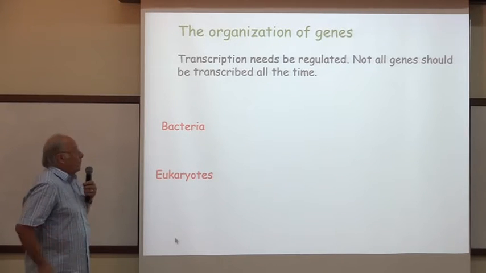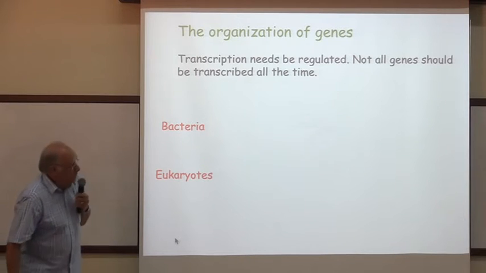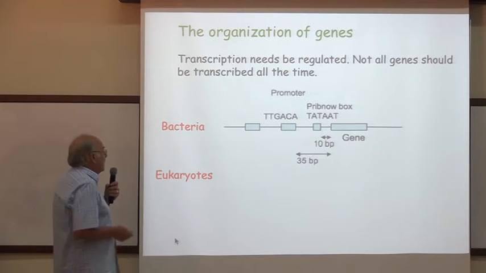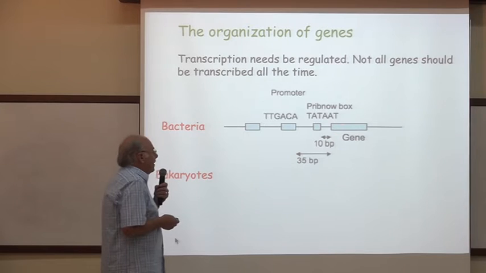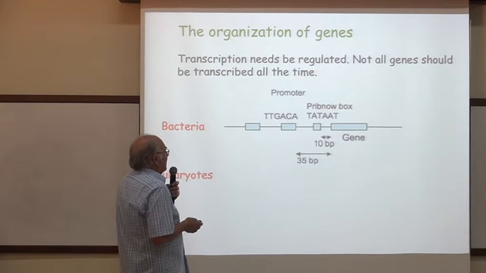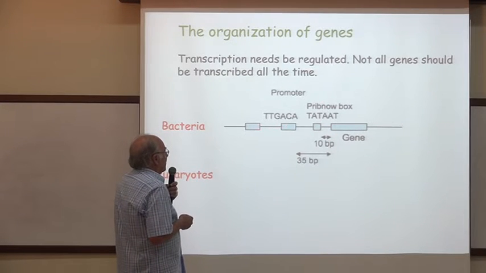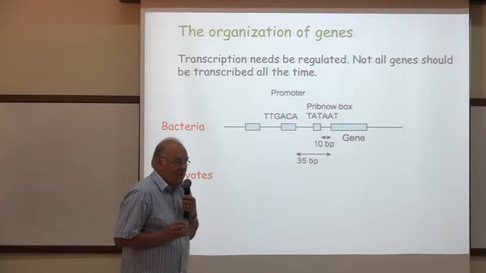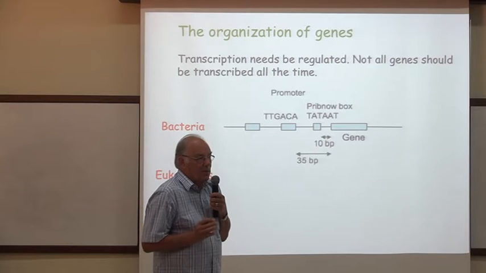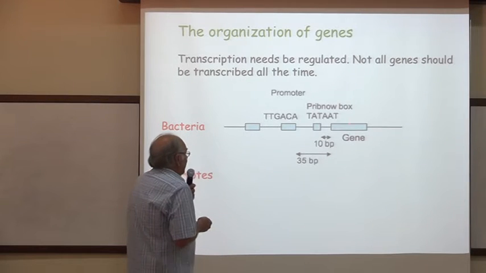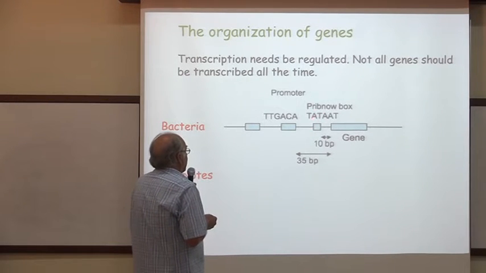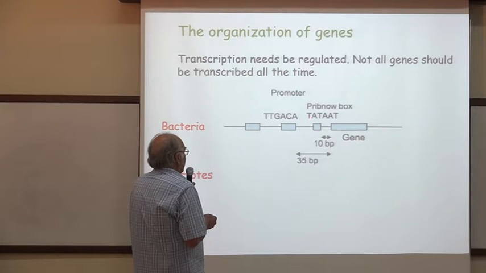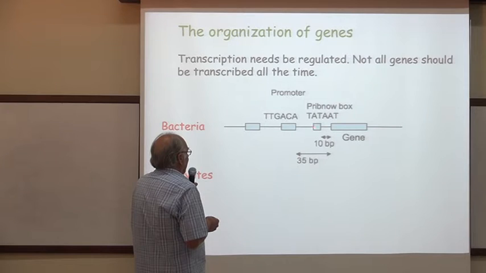And the genes are organized a little bit uniquely. So here in bacteria, we know that we have a gene here, and there are different boxes preceding the gene to be recognized, so that we do the proper job and start in the proper place. So there is a box here, the Pribnow box, with a sequence which is most usually TATAAT. And this is about 10 base pairs